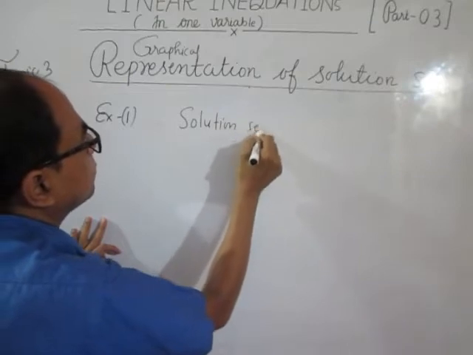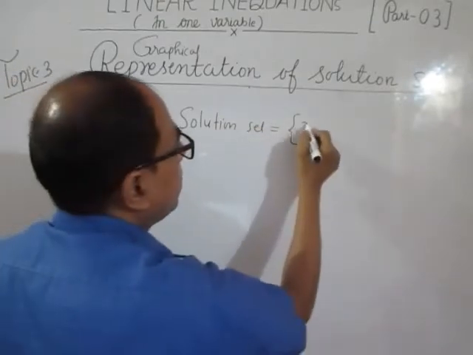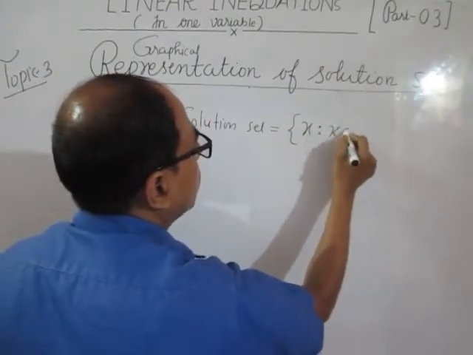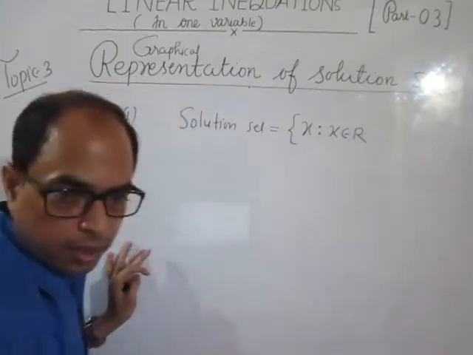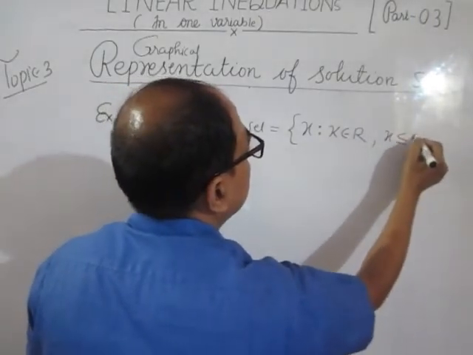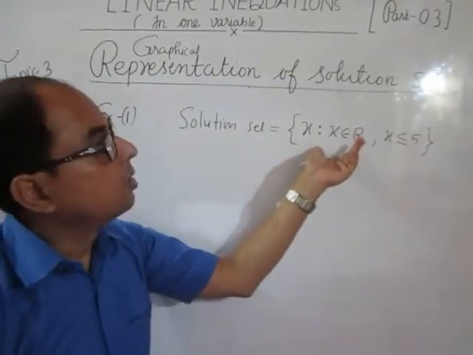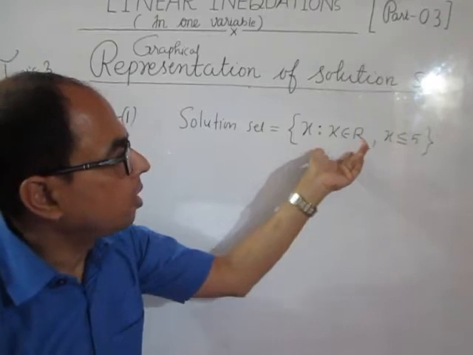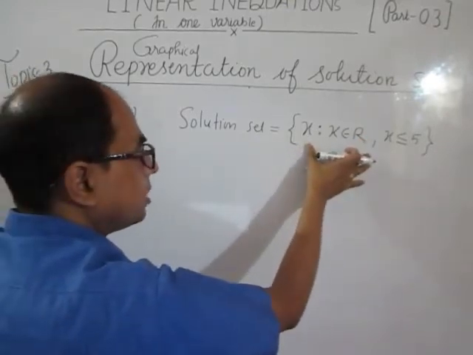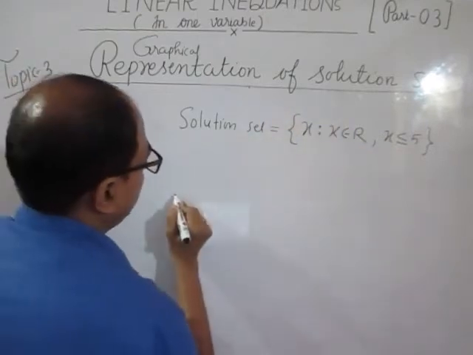Solution set is equal to curly bracket x such that x belongs to set of real numbers and the range of x is x less than or equal to 5. This representation of solution set is called set builder form. Now we have to represent this solution set graphically. So to represent it graphically, what we will do,